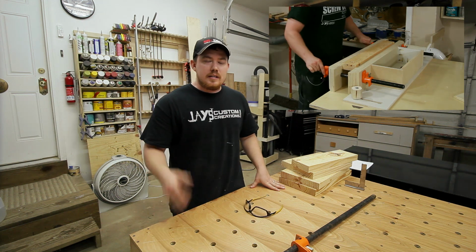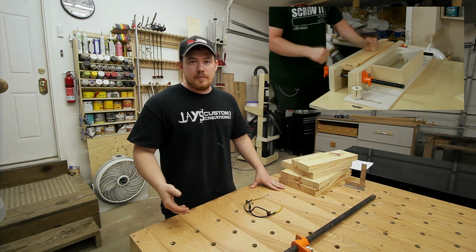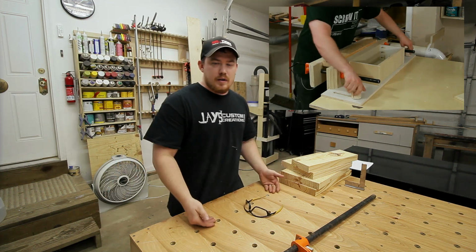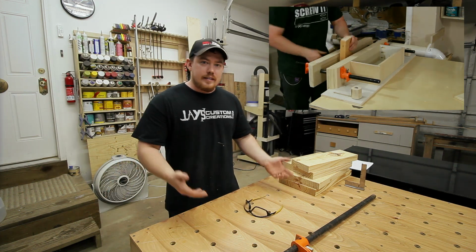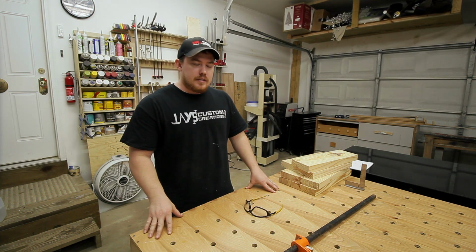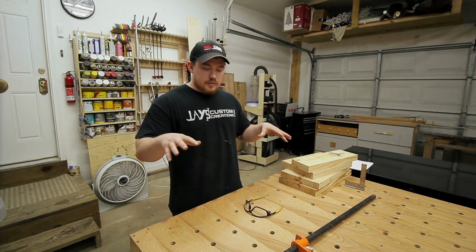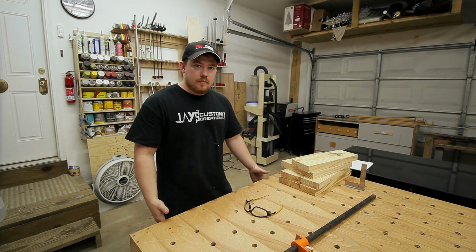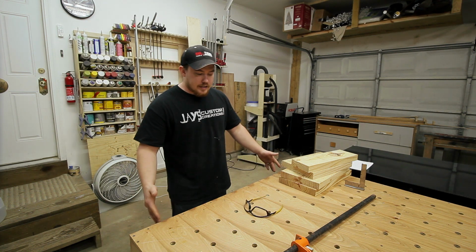And it worked really well, but as time progressed, it just became a little bit inconvenient to set it up and then take it down. It was always in the way when I wasn't using it, and then when I needed it, it wasn't where I wanted it. So I don't have that anymore, but instead of making something very similar to sit on top, I want to make a twin pipe clamp style bench vise to go on the end of this